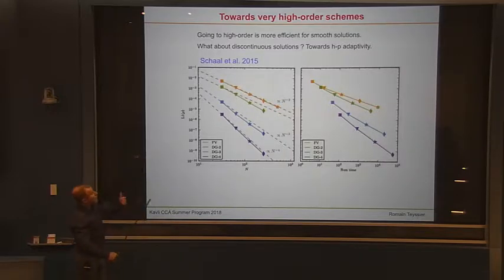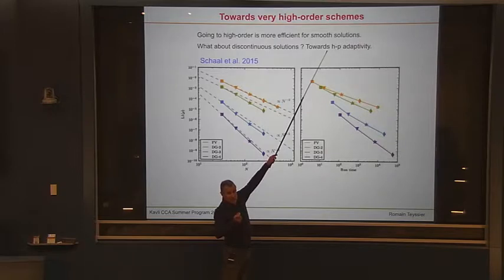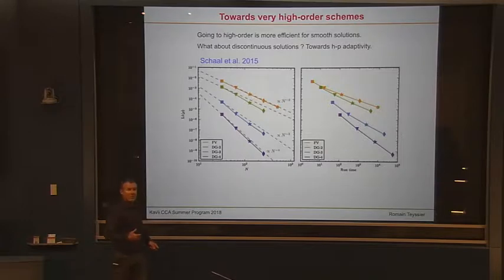Okay, so I think now the future of all this, and everybody is working on that frantically, is to combine the two approaches. And that's called HP adaptivity. H for the mesh size, so you refine the mesh adaptively, and P for the polynomial order. You increase the polynomial order adaptively. And if you can detect automatically if you are in a smooth region of the flow, then obviously you can de-refine the mesh but increase the polynomial order. It's more efficient. Or if you are close to a discontinuity, you want to reduce the polynomial order because it's too expensive otherwise, but refine the mesh as much as you can, right?